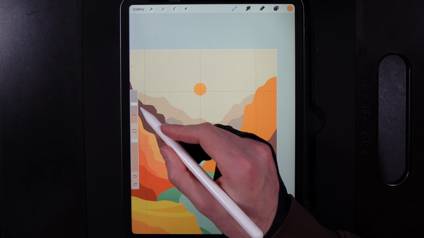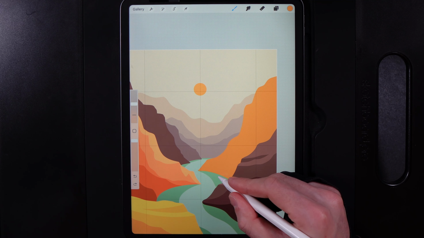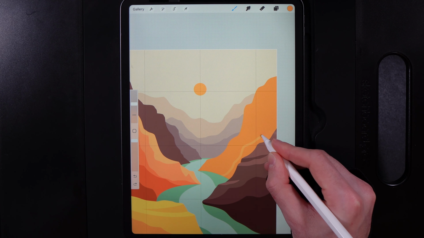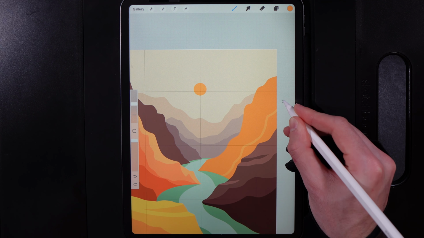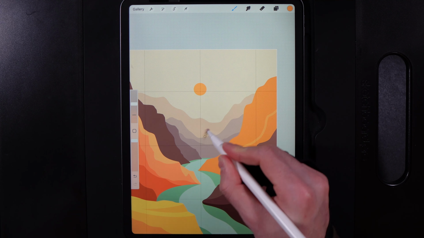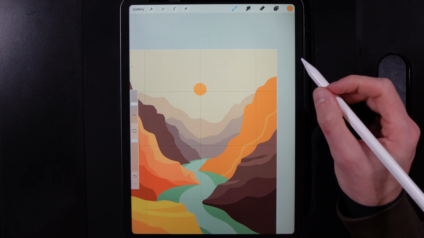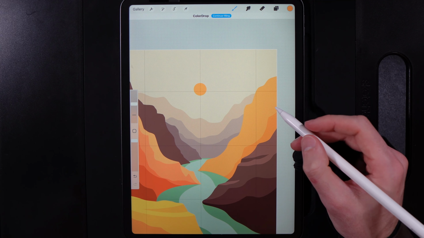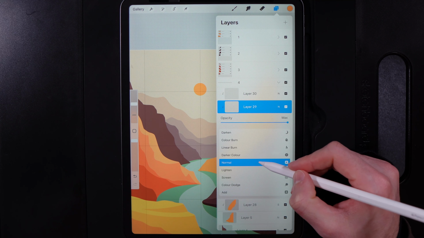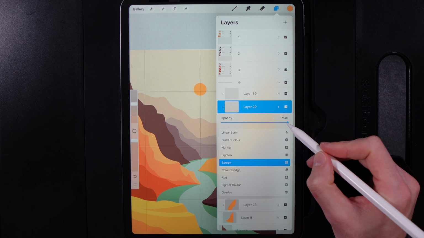I'm going to go ahead. I've got my brush size set to 33% in case you're interested. I'm going to go ahead and just create that kind of interesting shape over here. Maybe like a big swoop up and then over there to the right. I need to go from this point, round this edge, all the way over to the right-hand side of the canvas, creating a loop so I can drag and drop my color in. We'll go to the layer above, change the blend mode to the option of screen again, and bring that opacity